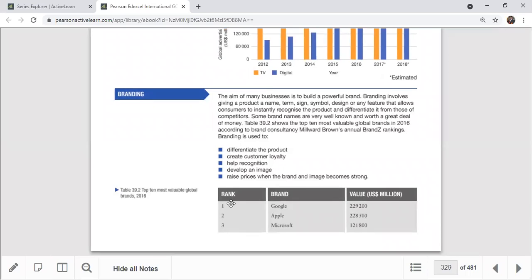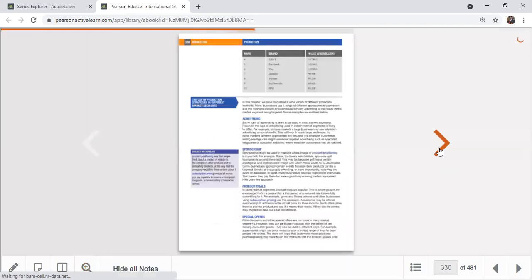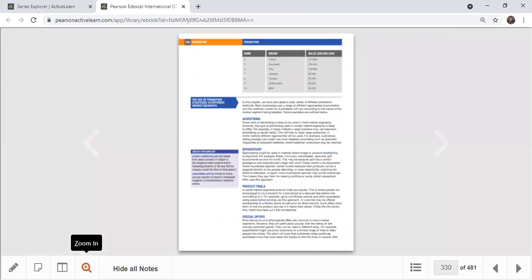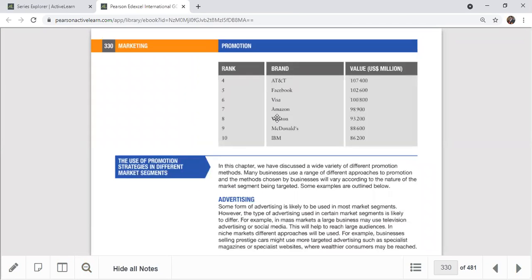So look at this ranking, number 1 rank. This is according to 2016. Google 229 billion, and then Apple 228, and then Microsoft. Okay, these are the top 10 brands in the world. But we can see the other side of the page. We have AT&T, Facebook, Visa, Amazon, Verizon, McDonald's, IBM. Just think about the